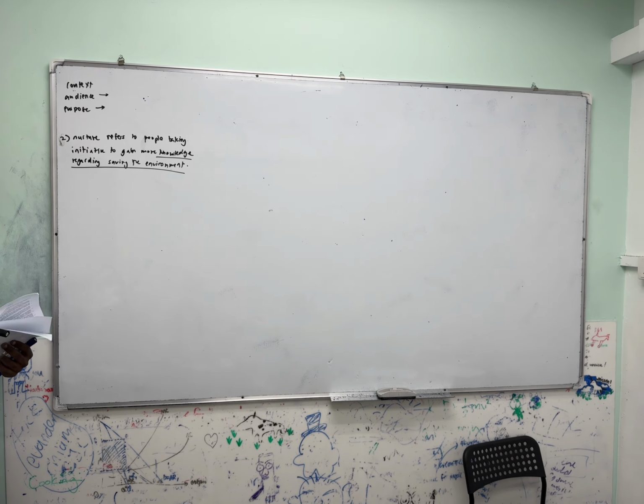Question number 6. What might the sentences suggest about the usual behavior of the park ranger and the situation on the day? Okay, so the keyword over here is suggest. So what does suggest mean? What type of question is that? Paraphrase? You're trolling me, right? Suggest, eh? Inference. Inference, okay? Paraphrase questions will always say use your own words, so there's no use your own words today. So you only say suggest. So whenever you see an inference question, there will always be the word suggest or infer or what can you say about these things. Okay, so when it comes to suggest, you always need to find your details first, or your evidence.